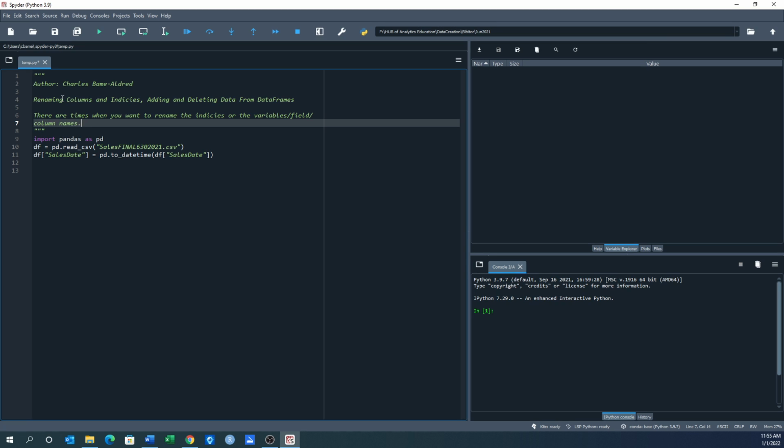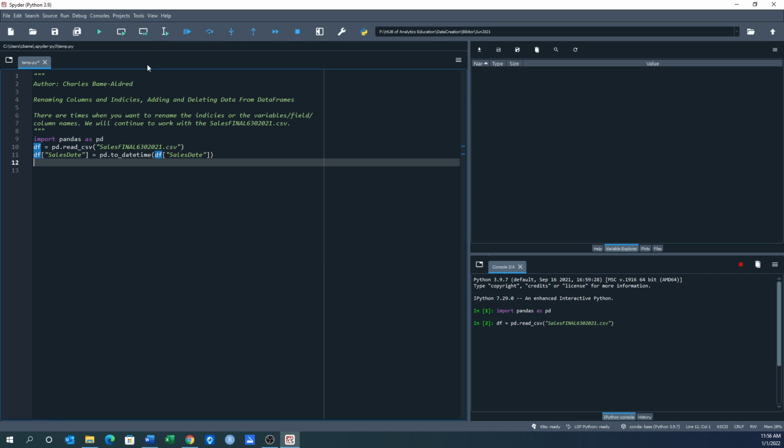We're going to continue to work with the sales file from 6/30/2021 and import that. So let's do this. Let's import pandas, bring the data frame in, and change the sales date. Okay, great. So now after looking at the column headings,